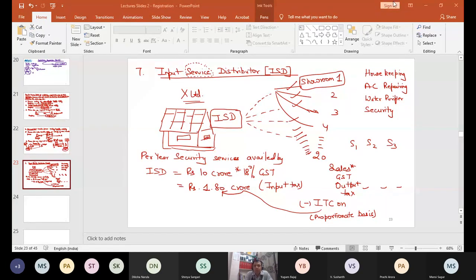Okay, next point. Eighth point. So these all are section 24 cases where these persons have to take compulsory registration. Any person supplying OIDAR